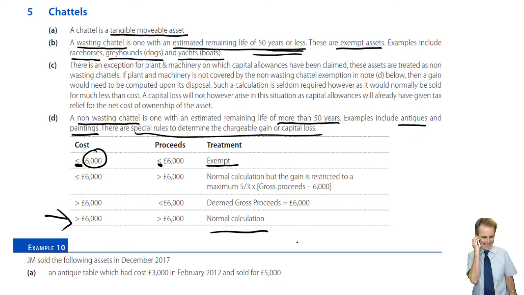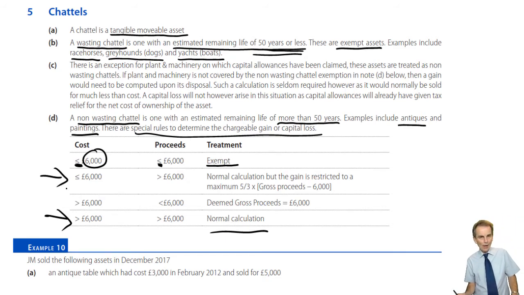So, of course, what we tend to get is examples that fall between these two extremes. That one of the numbers, either the cost or the proceeds, is below 6,000 and the other is above. What do we then do? Well, if we buy for less than 6 and sell for more than 6, we will minimise the gain. There will be marginal relief. We'll compute what the maximum gain could be. Whereas if we buy for more than 6 and sell for less than, we've incurred a loss, then we will limit how much of that loss is allowable. So what are the rules? Firstly,